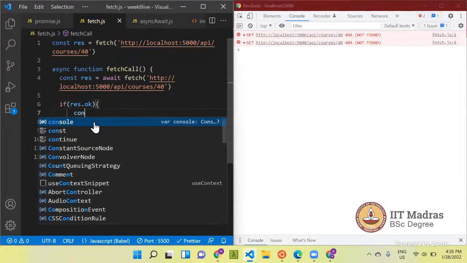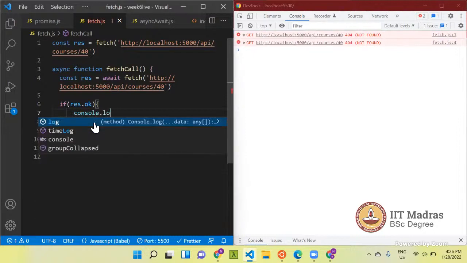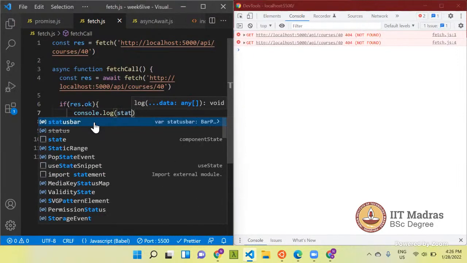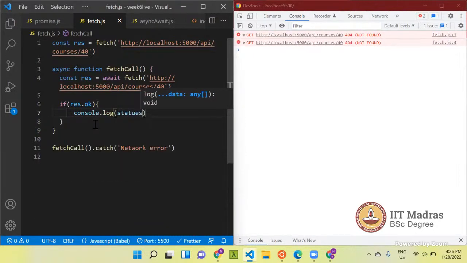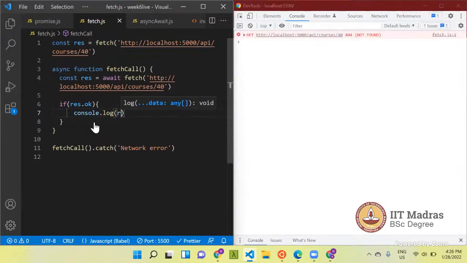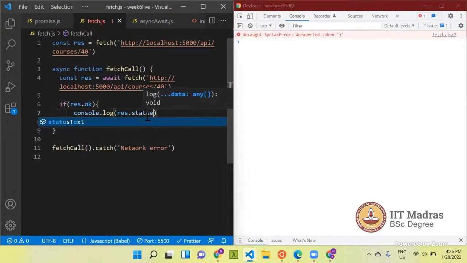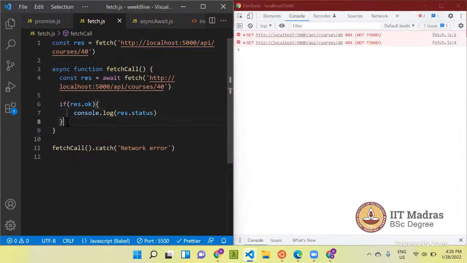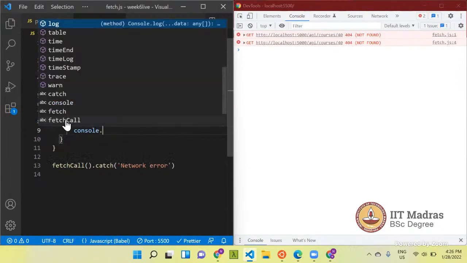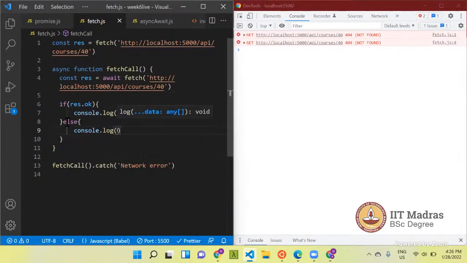Okay. Console.log response.status. Let me print it again.